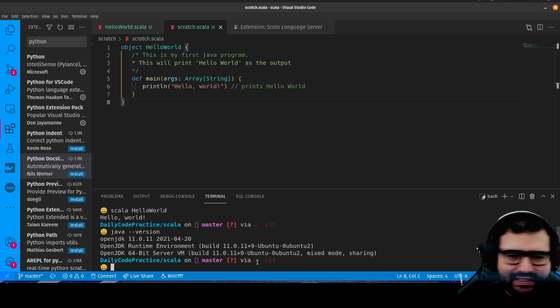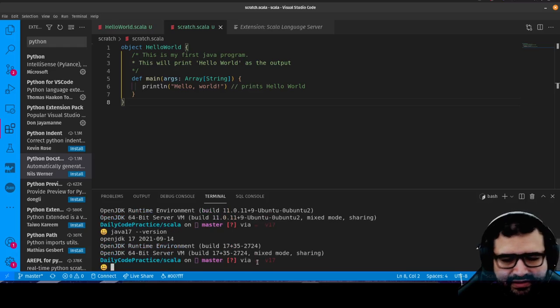I installed 17 separately and had to bind it to this command. This is not how it would work out of the box. I bound it to the alias java17, just using standard bash aliases. But the idea is you have to have a version of Java installed.